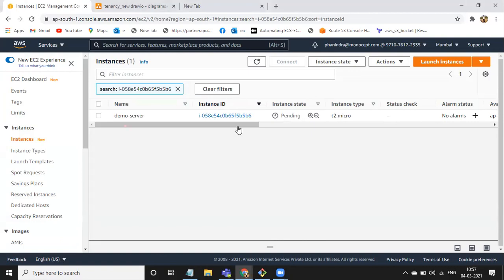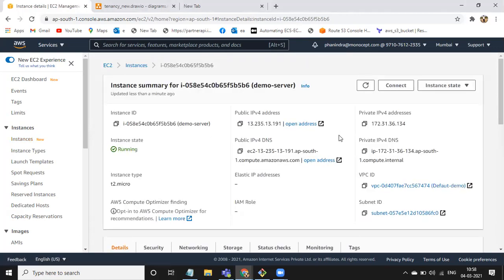So what I have to do, guys, I need to log into this server. Yeah, it is in running state. What I will do, I will first log into this server. See, I launched this instance in public subnet, 1A availability zone. Automatically AWS will give me one public IPv4 address, as well as one DNS name. How am I going to log in?